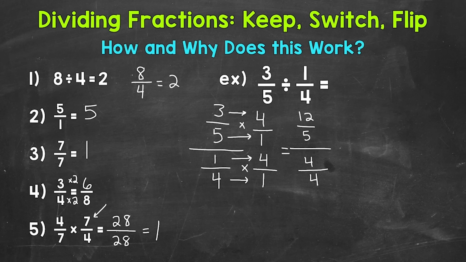So let's rewrite this as 12/5 over 1. This is our new complex fraction. It's equivalent to what we started with, but now we have a denominator of 1, and we know that anything over 1 just equals itself. So our answer is